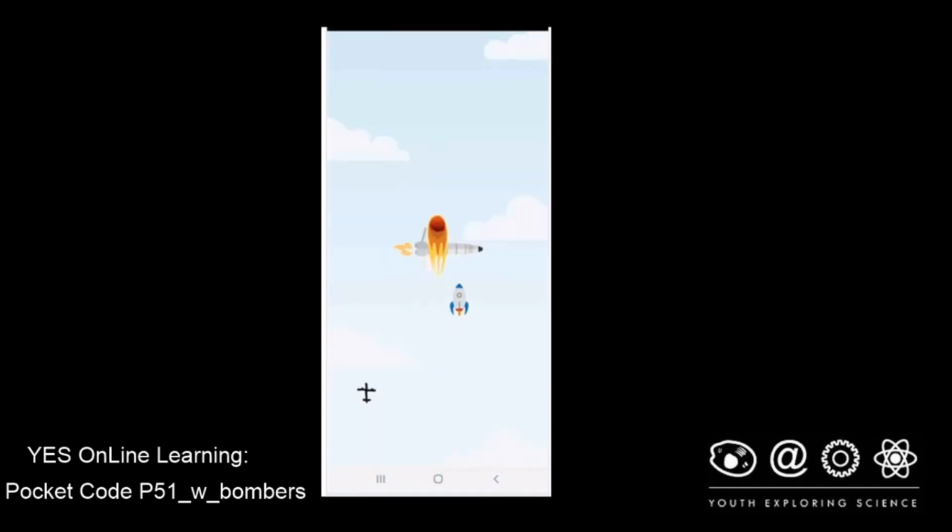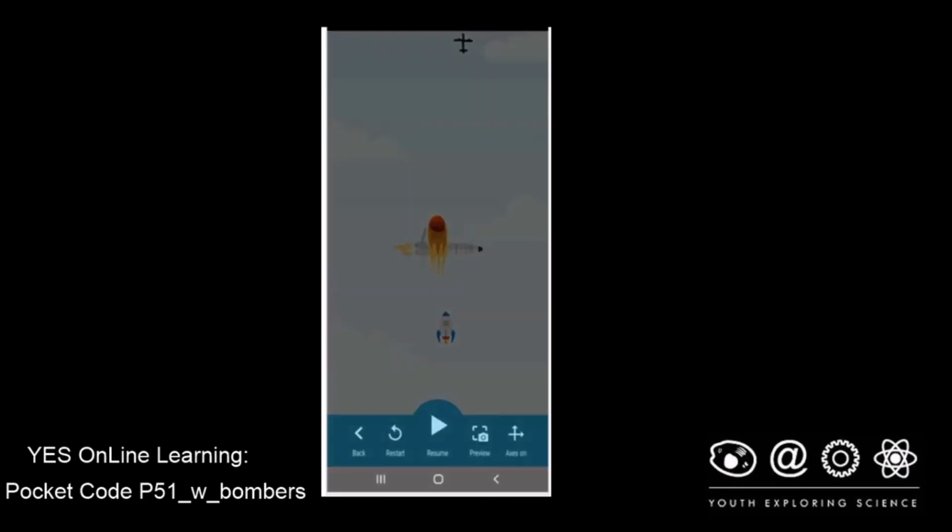And there it comes, up from the bottom. That's not a bad size. That's pretty good. You might want to make it a little bit bigger. Oh, look at that. Once it's gone by and disappears off the top of the screen, it shows up at the bottom of the screen again in a slightly different position. Okay, there are my bombers. Okay, I've only got one of them though. Okay, so I'm going to stop this and I'm going to go back,